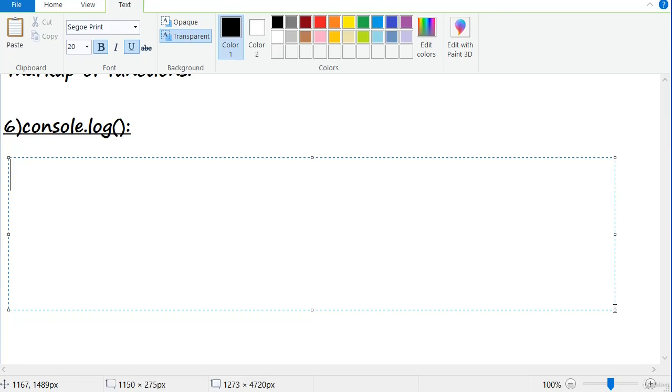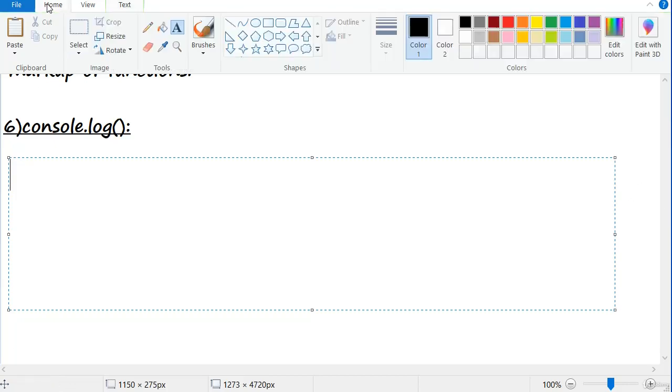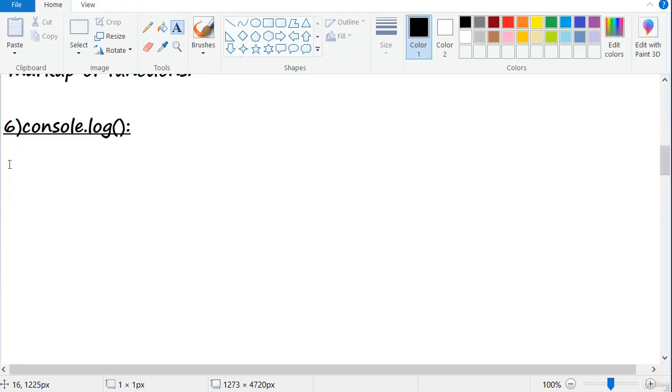You can invoke it by using the F12 function key. Nothing will be printed in the web page. Whatever we are writing in console.log will be printed in the browser console. First we will make a note about this, and we will see how to use it in our HTML web page.